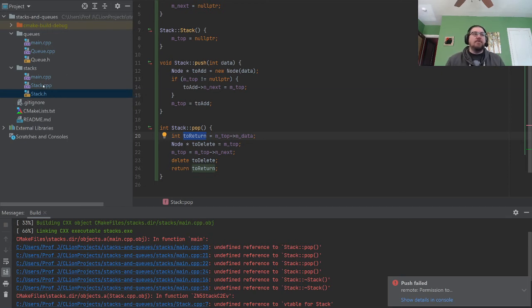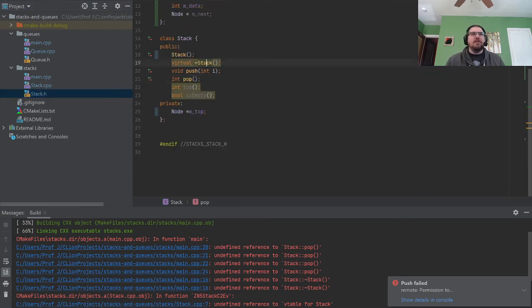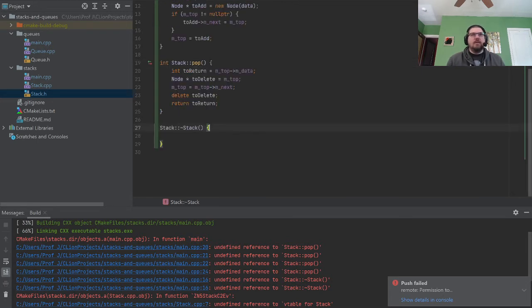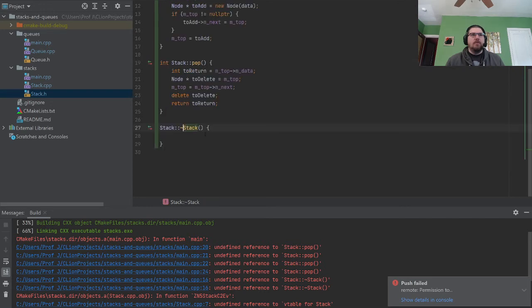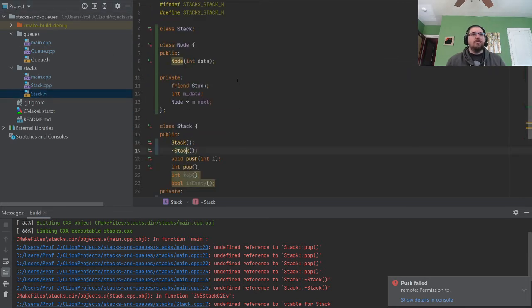And in the spirit of going through and deleting these things, let's write this. So let's implement it, generate definition. I don't know why this is a virtual function. It always does this. No. So we're going to implement stack, and that'll just be delete mtop, which means that we need a good node deletion.